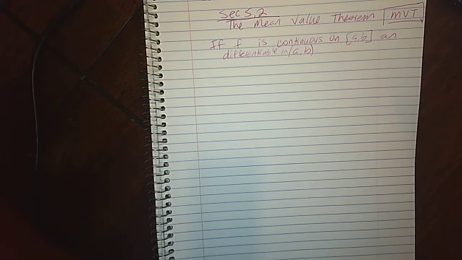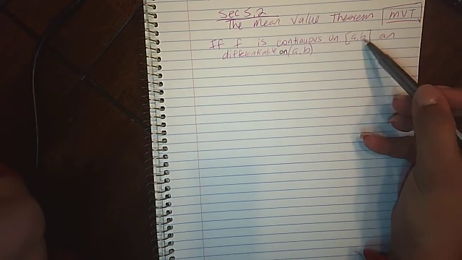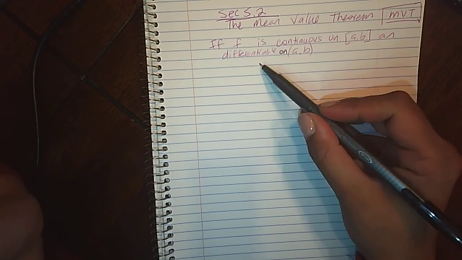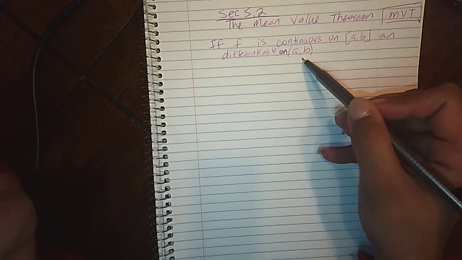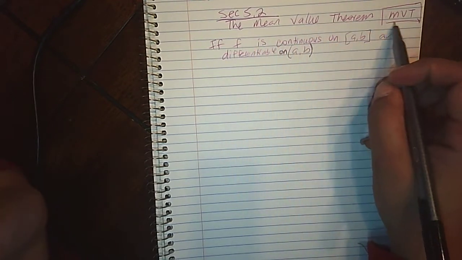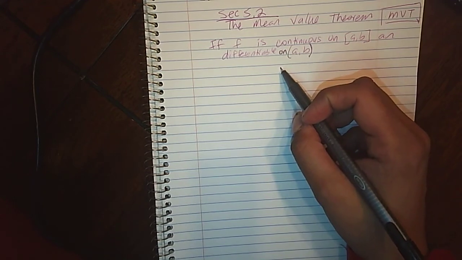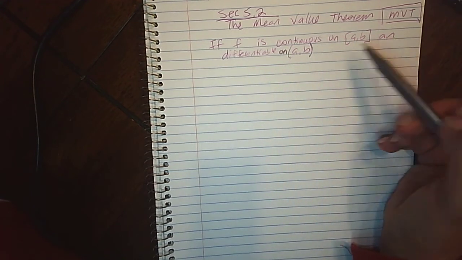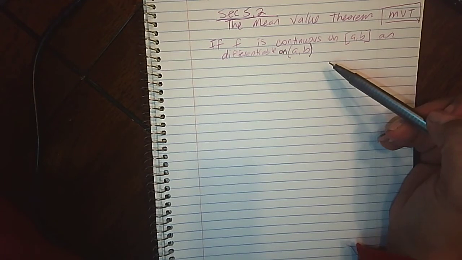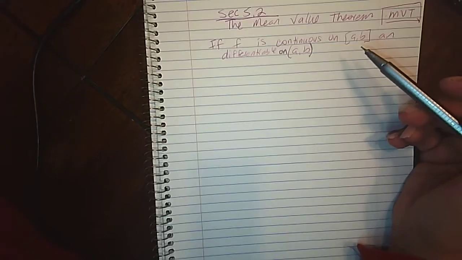So continuous on a closed interval, which has endpoints, and differentiable on an open interval. It doesn't need to be differentiable on the endpoints, and that's why there are open parentheses. This is the condition that must be met before you can apply the mean value theorem. So if f is continuous on a closed interval and differentiable on an open interval, then